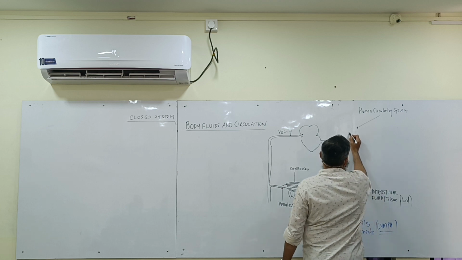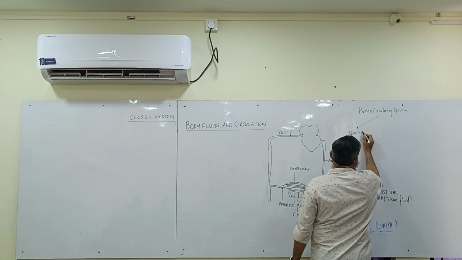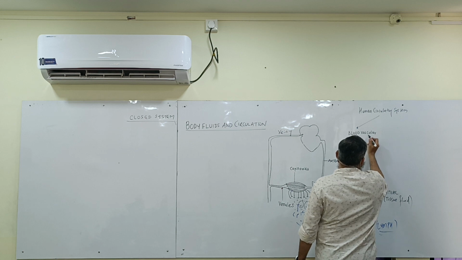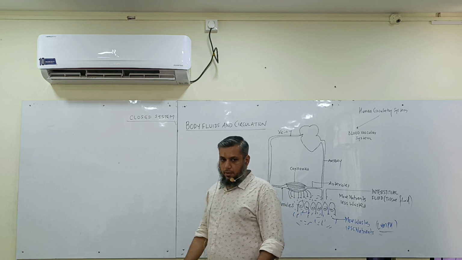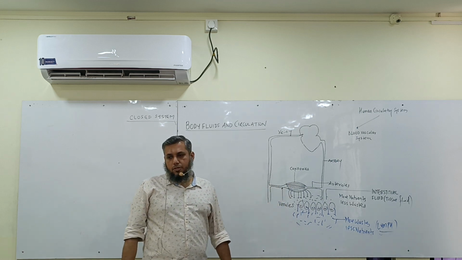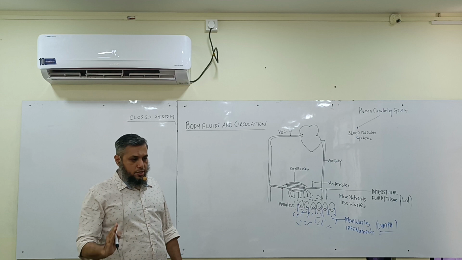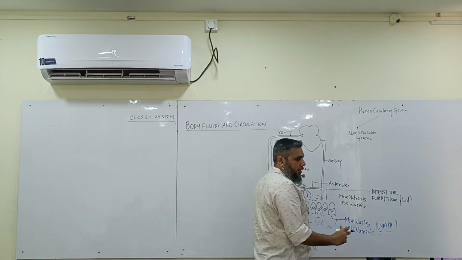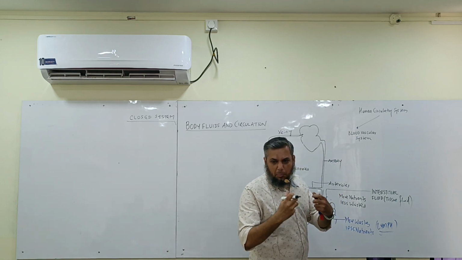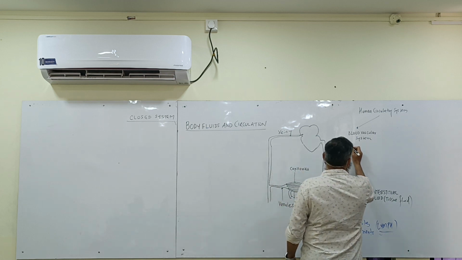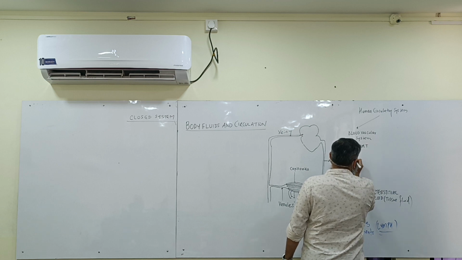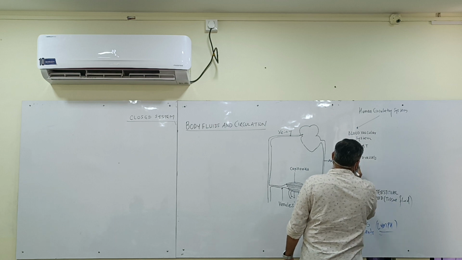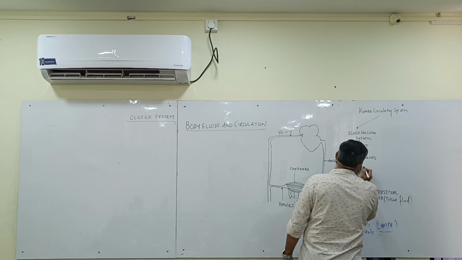consists of the blood vascular system. What is the job of the blood vascular system? To deliver gases and nutrients up to the cells. For that, it requires a strong muscular pumping organ, which is called the heart. It requires pipelines, which are called the blood vessels. Then it requires a liquid, which is called the blood.